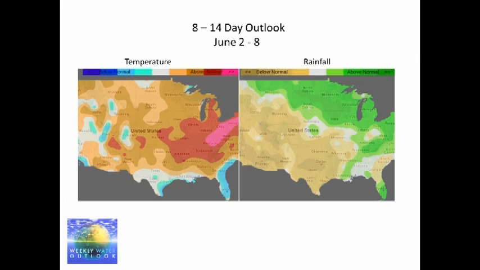If we look at the 8 to 14 day outlook, it doesn't look like a whole lot of change right now. On the left are the temperature outlooks. The red is above normal, blue is below normal, and the green is a precipitation forecast. And I mentioned that as of late this week, that jet stream will be lifting north. Well, that's going to dry out, most likely, Oklahoma, Texas, and the southwest U.S. in that 8 to 14 day period. But with the jet stream up to the north, that's going to keep that area fairly active, not just this week, but right through the first week in June.